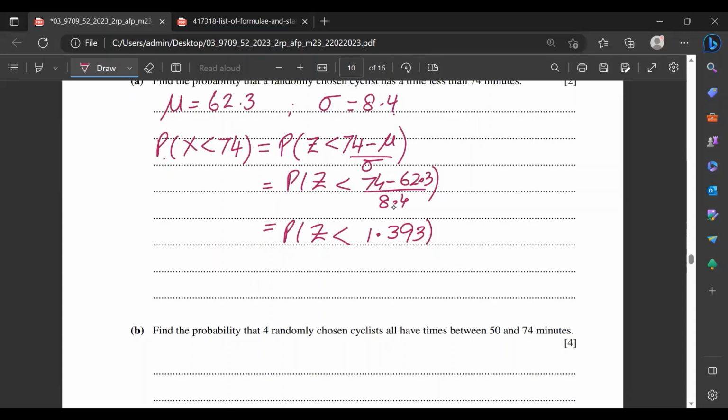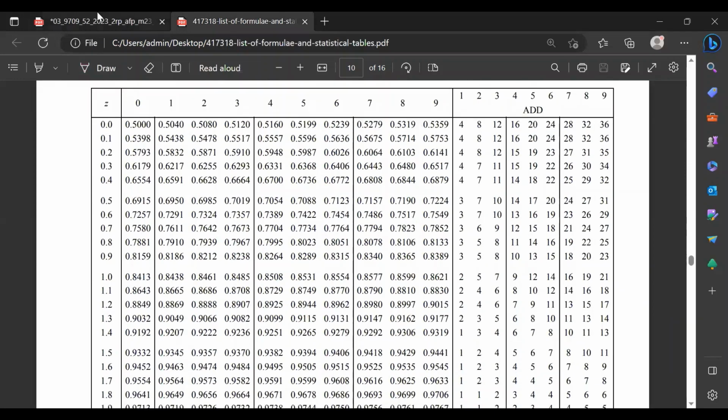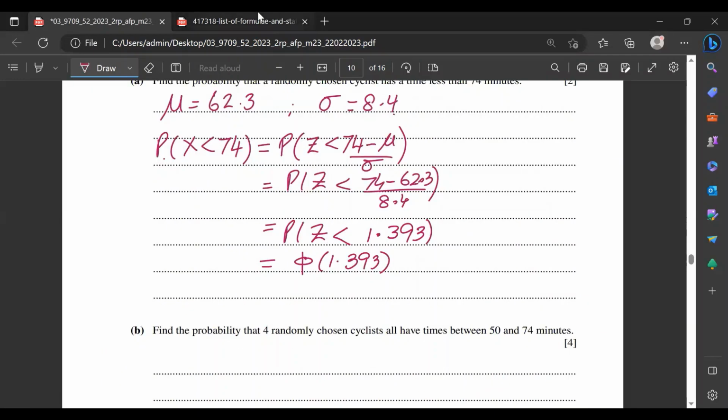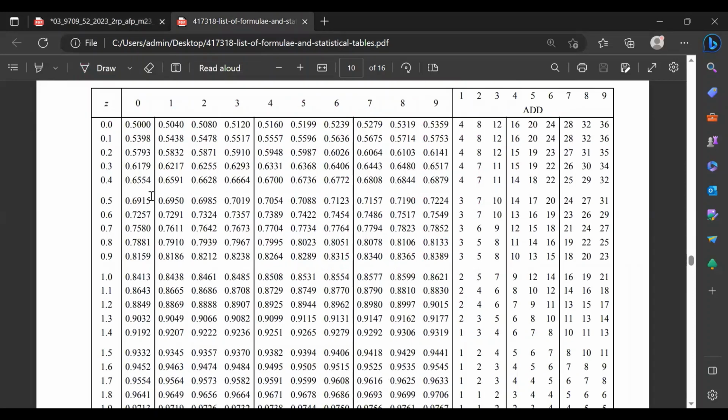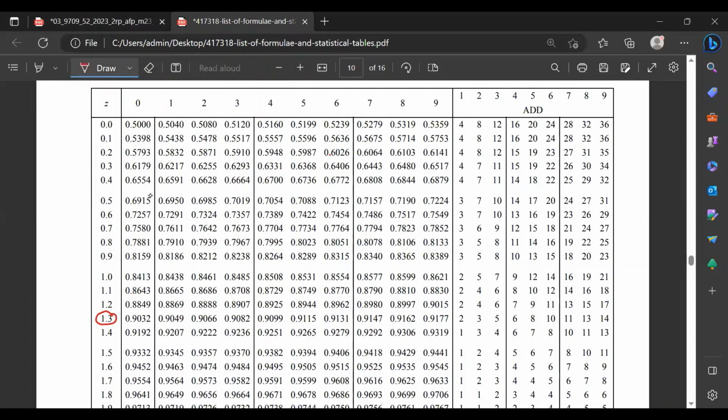1.393, and by using the table, so area up to 1.393. 1.393 is called the z value. So 1.39 and 3. So 1.39 is 0.9177